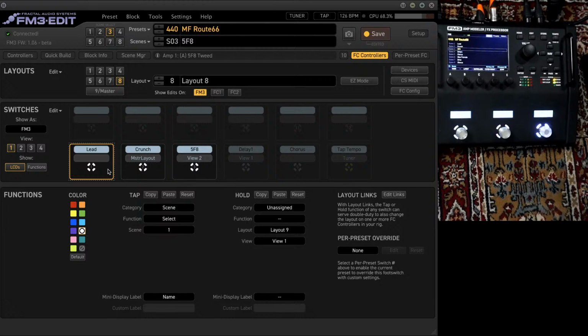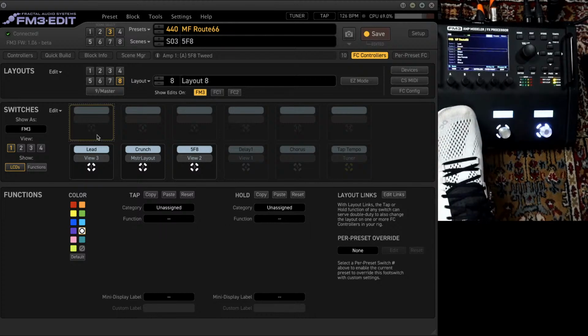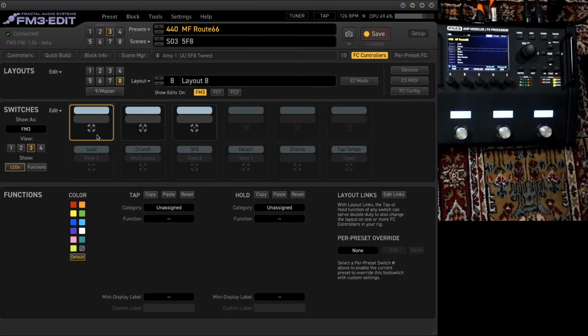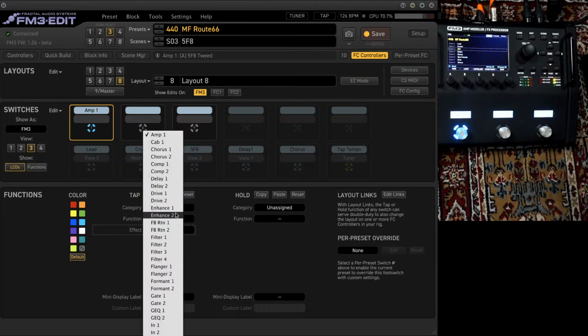So I can use the first foot switch to go to view number 3, for example, where I select, okay, number 3, when I want to switch on and off the drive.